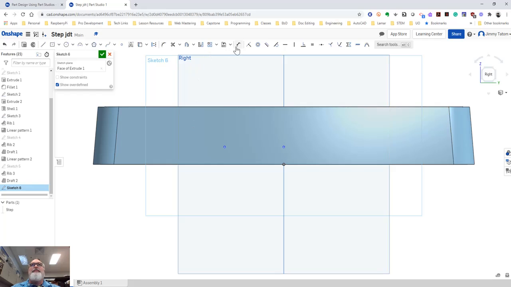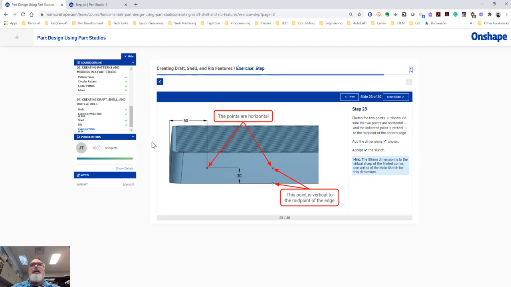So I'm going to go to my dimensioning tool, select that point and that point. You have a grade? I could do the other point as well if I wanted to, in 20 millimeters. Notice it moved that up as well because I constrained them to each other. And then this one is going to be 50 from the left side